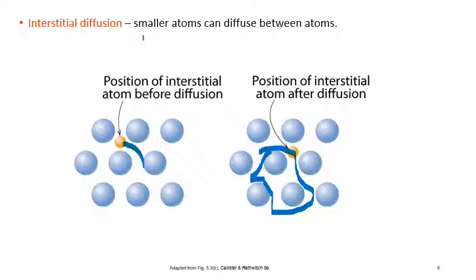But for vacancy diffusion, substitutional diffusion or interdiffusion, the amount of energy required will be more compared to interstitial diffusion. Whenever we form alloys, the best example we said is the copper and nickel alloy, where we have substitutional diffusion, or steel, where we have interstitial diffusion, where the carbon atoms occupy the interstitial position available between the iron crystal, either BCC or FCC.